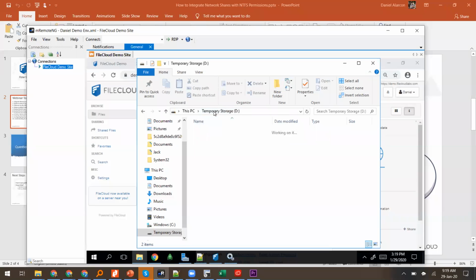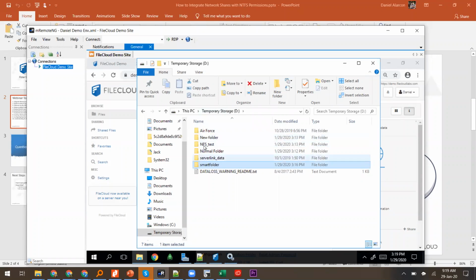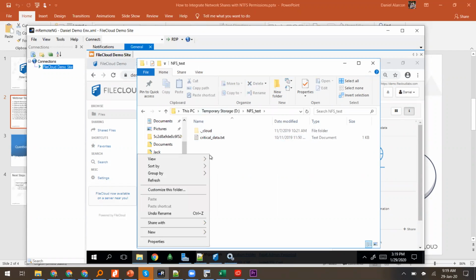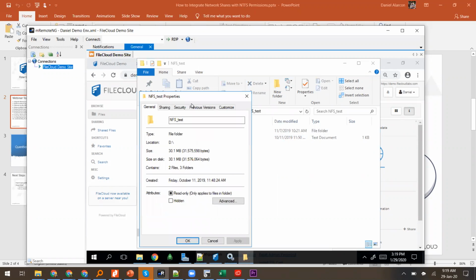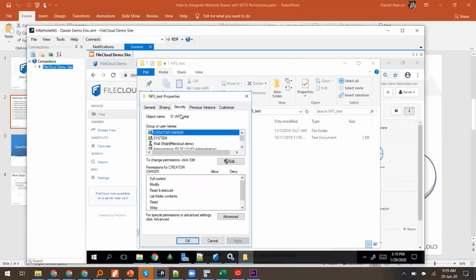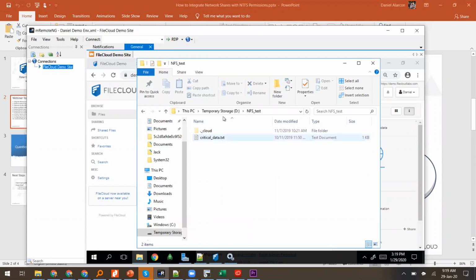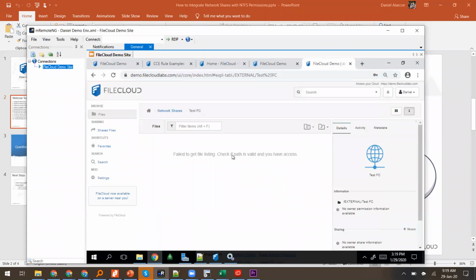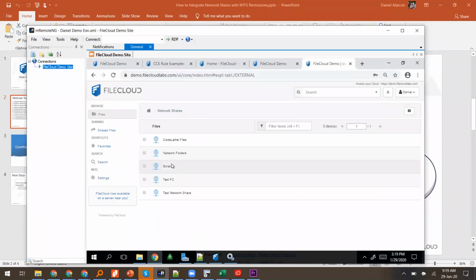Let's go there. Test security. You will see here that Daniel doesn't have access to this network share, right? So that's going to fail for showing any folders or anything here. And it's not going to allow me to create anything on the web UI or to read anything from the network share. If I go to the smart mount,